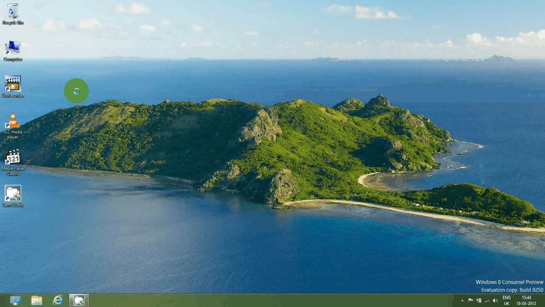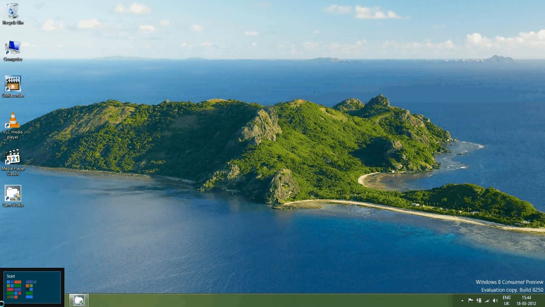Hi, this is just going to be a quick demonstration of the new Windows 8 operating system. This particular demonstration is of the Windows 8 Consumer Preview Edition, which was released at the end of February 2012. So the first thing is, when you first install your Windows 8 system, you're going to be presented with